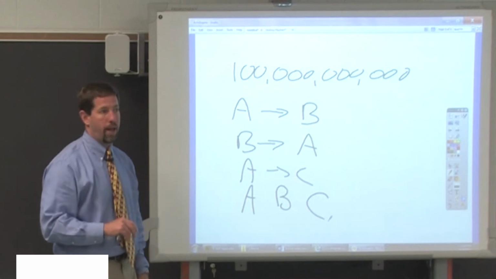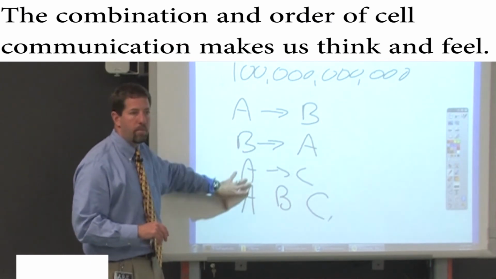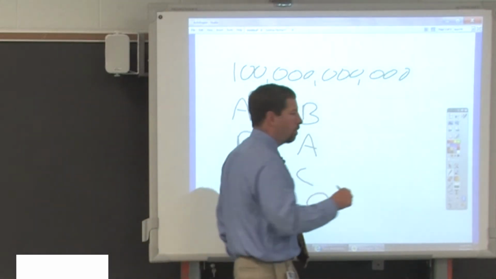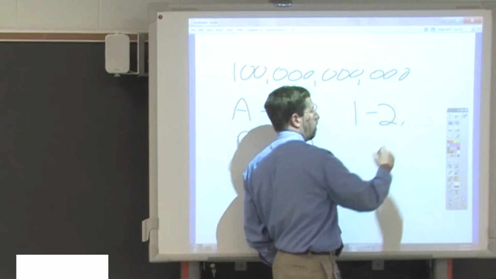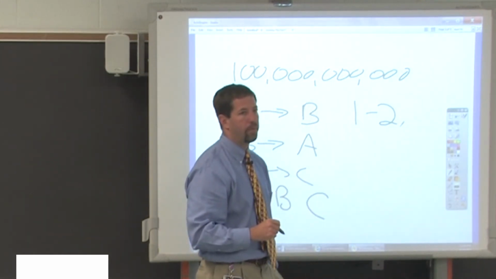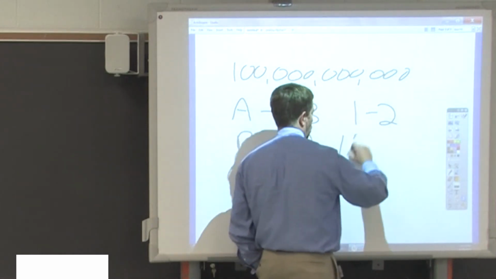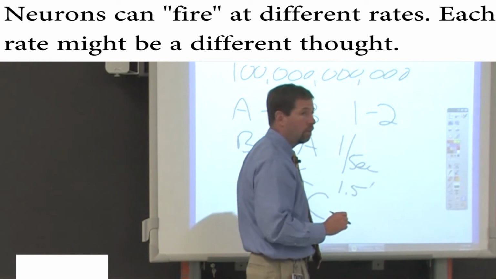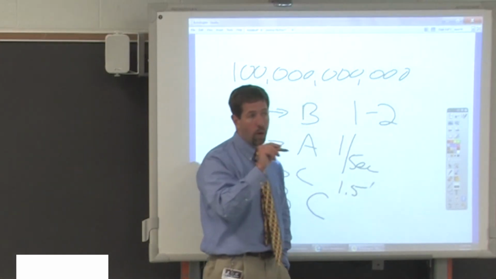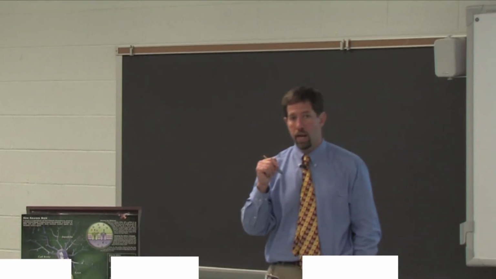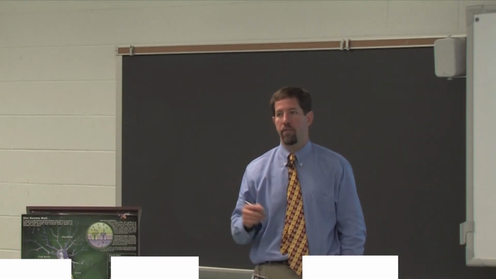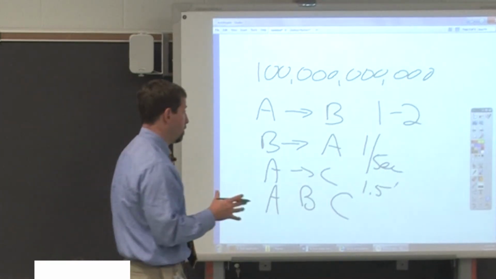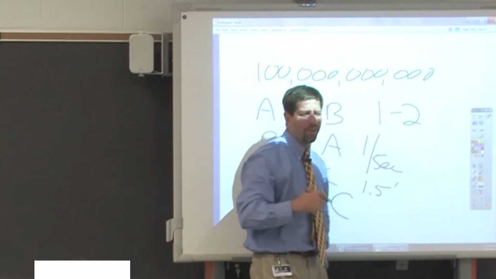Here's what we're looking at. We have nearly an infinite amount of combinations. Now we're going to do a little math. It's going to be hard for you. How many numbers are between 1 and 2? An infinite. Because a neuron could fire 1 time a second. It could fire 1.5 times a second. So now we have the question, if a neuron in your toe tells your brain at 1 time per second, that could be an itch. 5 times a second, that could be a sting. So not only do we have the number of combinations, we have the rate of firing.